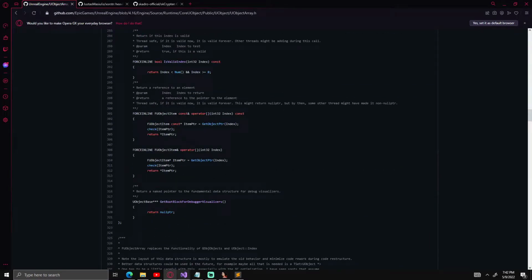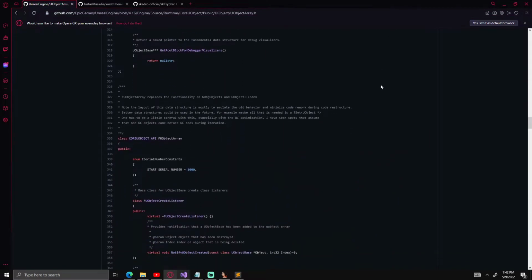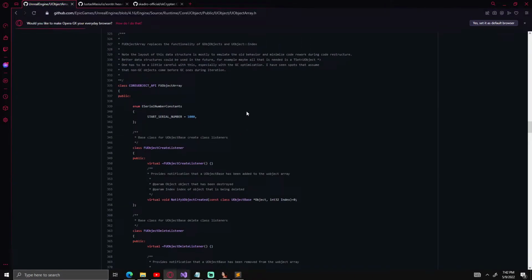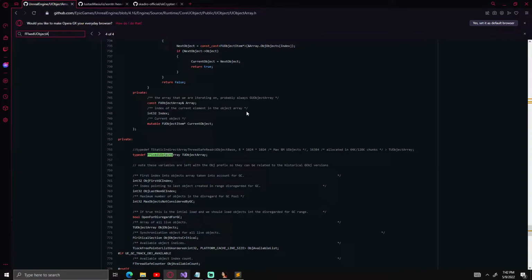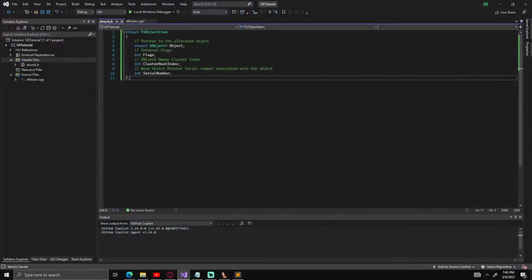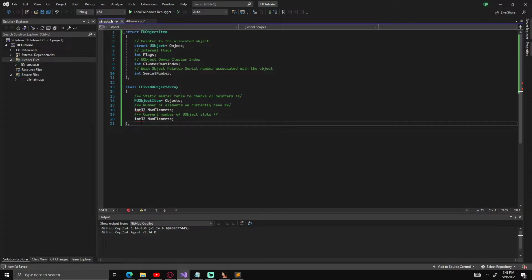And then since we're on 4.16, 4.20 and below uses FixedUObjectArray, right? Oh yeah, hold on. This is where objects are actually stored, UObjectArray, which is just FixedUObjectArray. So that's how you can know which object array you're supposed to use. So we can actually just copy this straight from Unreal Engine, basically, and just remove the typedefs, and that